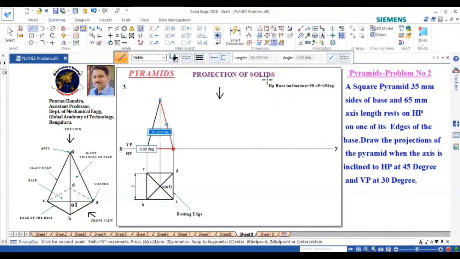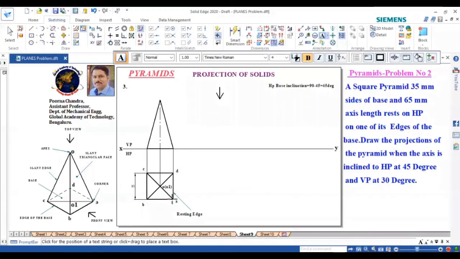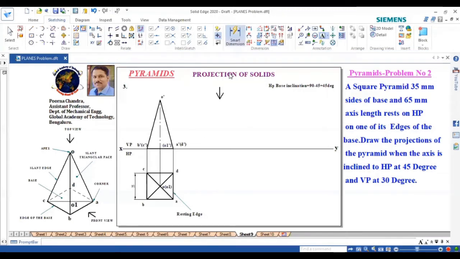ABO, right? So that we need to name. Here A is visible, D is not visible. For naming, you watch from down. So I can name it as A dash bracket D dash. Similarly, B and C: here I have B dash bracket C dash. And here O and O dash are there. O dash is always visible, since it is the apex and only one point is there. But O1 is not visible from the front. If you watch from here, only this face ABO is visible, but O1 is inside, which is not visible. Then I can do dimensioning for this.